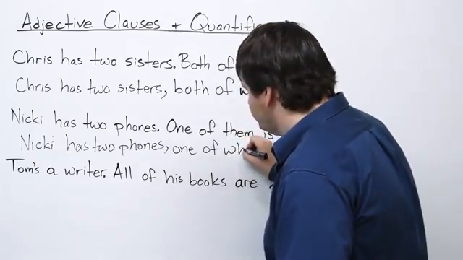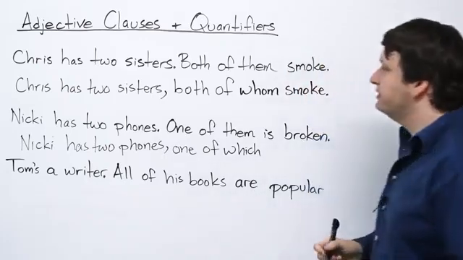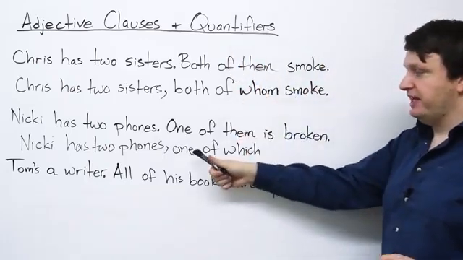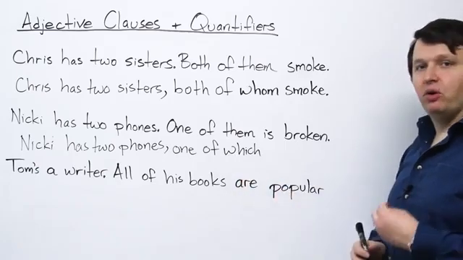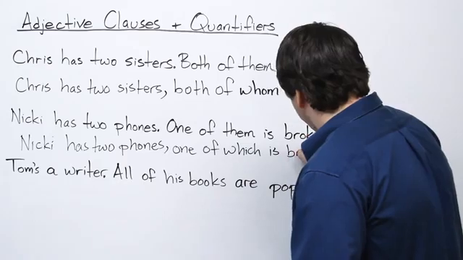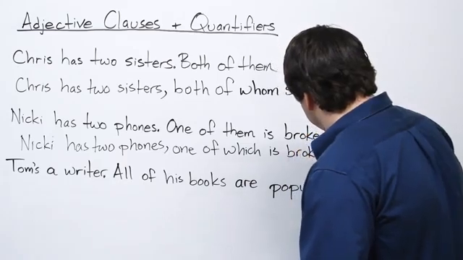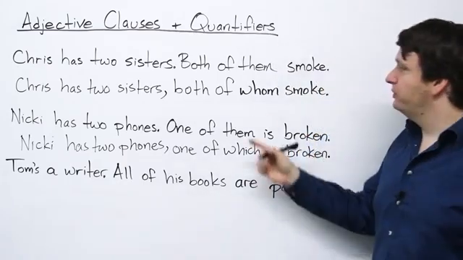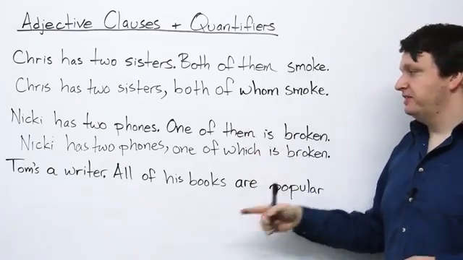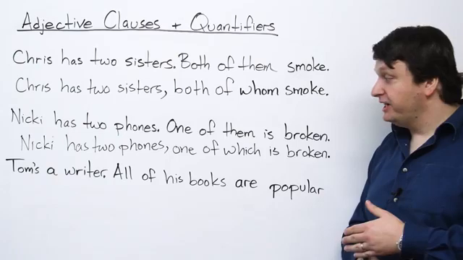Now you're saying we can use which or that. However, in adjective clauses with quantifiers such as this, we can't say one of that is broken. We can only use which for objects. Okay, so whom for people, which for objects,